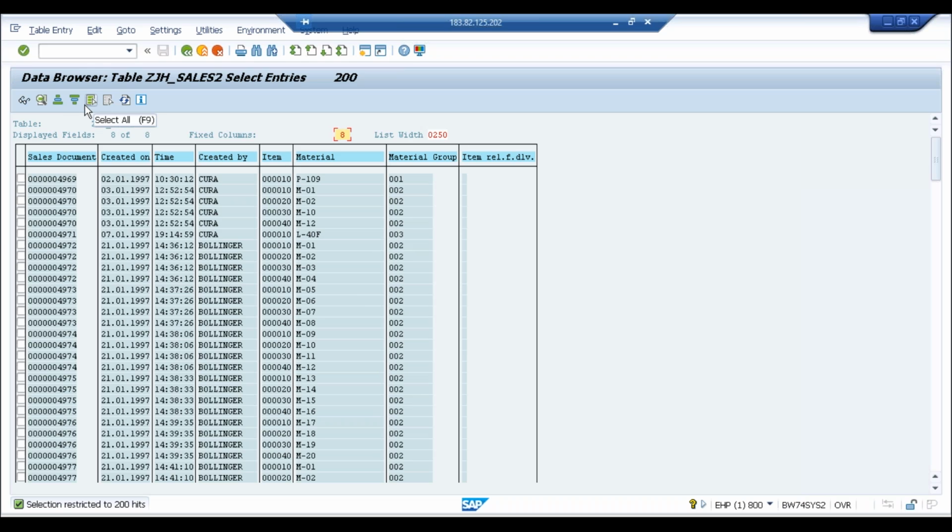But can't we use these conditions in a select statement in the program without creating this view? Yes, we can do that. That is called the inner join concept, wherein we can combine the data from multiple tables into a single statement and get the data into an internal table. That also we'll do. But normally we'll go for the database view whenever we need these fields in multiple programs. If we want to declare it globally, then we'll use this.